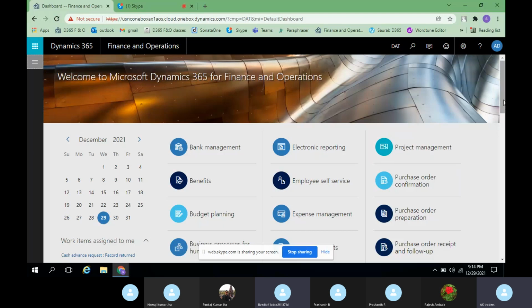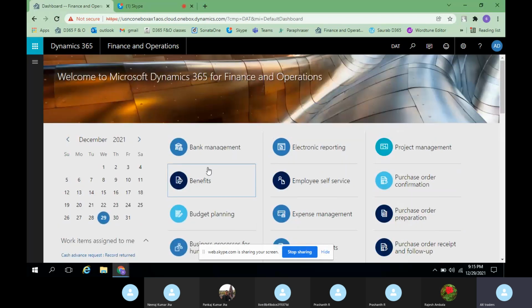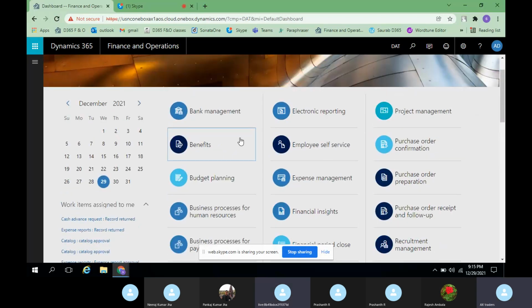You can type a T code directly? That is not there. So we have a form like tiles. If you want to have a tile type of thing we can keep, and list form also we can keep. No, this work items assigned to me is list form. Work items assigned to me is a list of the activities, but this is a shortcut, kind of a workspace.